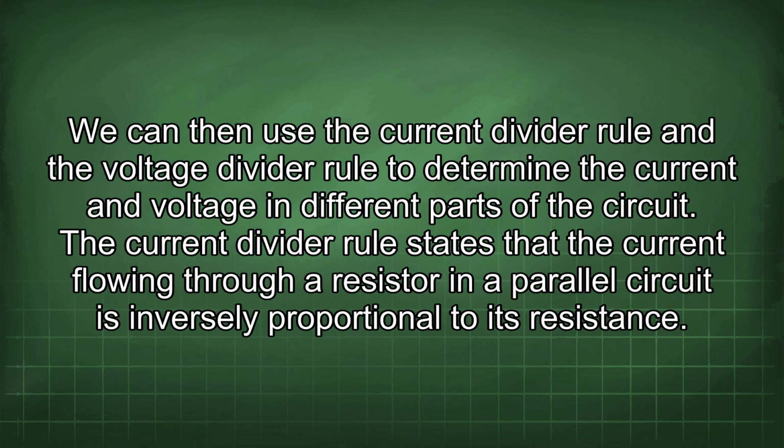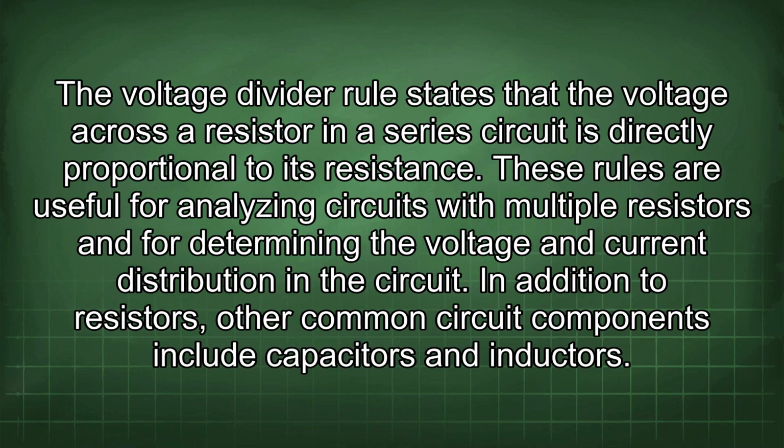We can then use the current divider rule and the voltage divider rule to determine the current and voltage in different parts of the circuit. The current divider rule states that the current flowing through a resistor in a parallel circuit is inversely proportional to its resistance. The voltage divider rule states that the voltage across a resistor in a series circuit is directly proportional to its resistance. These rules are useful for analyzing circuits with multiple resistors and for determining the voltage and current